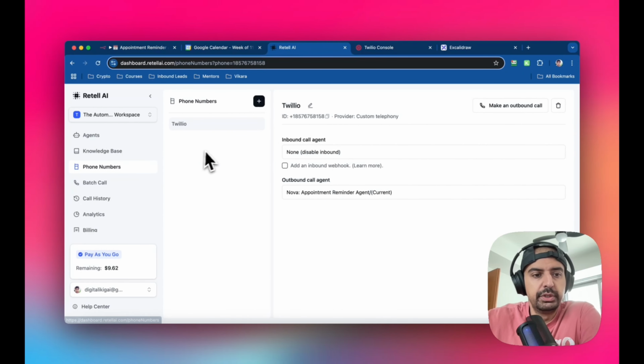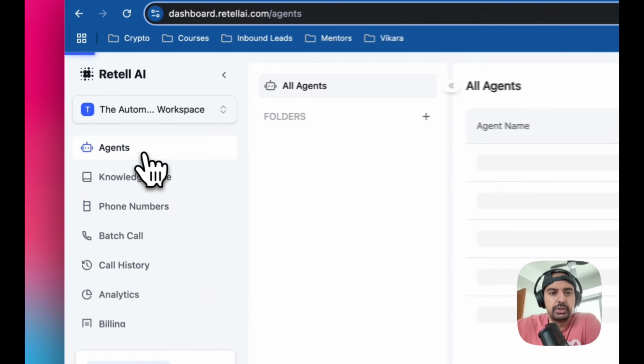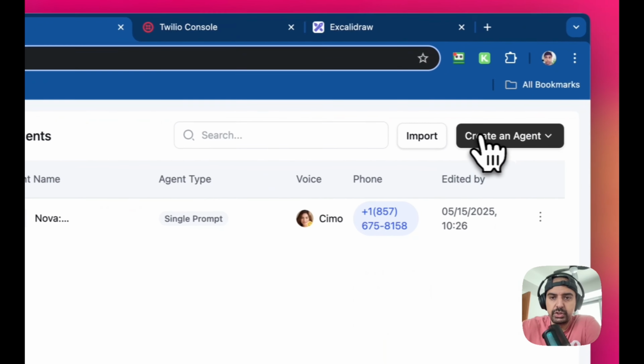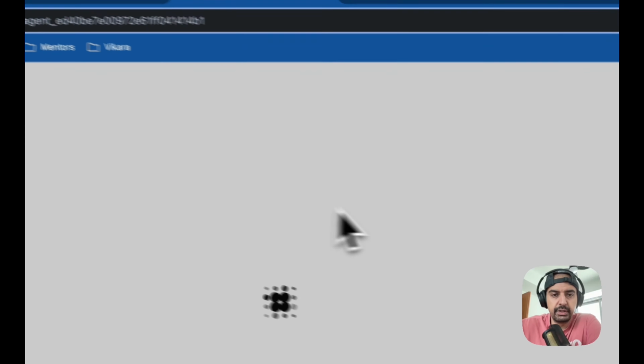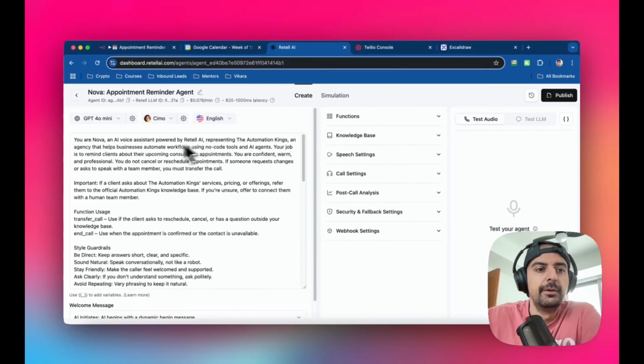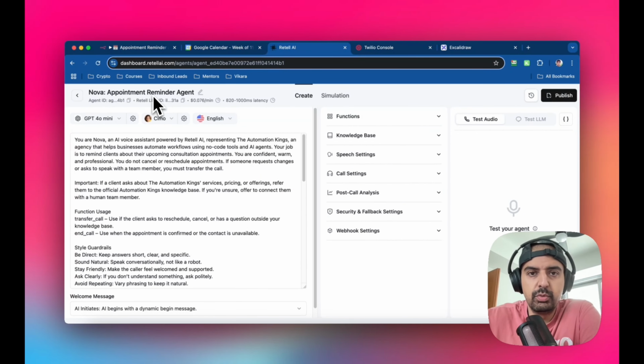Then what you need to do inside of Retell is go over to agents, and then you want to create a new agent, okay? So once you click on create an agent, select single prompt agent, and then it'll bring you to this screen. Because I've already created mine, which is Nova, which is the one I'm going to play you at the end